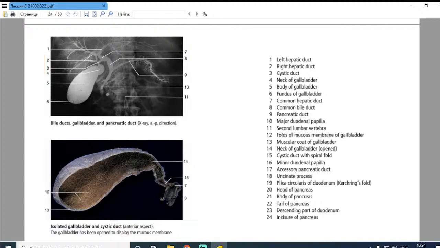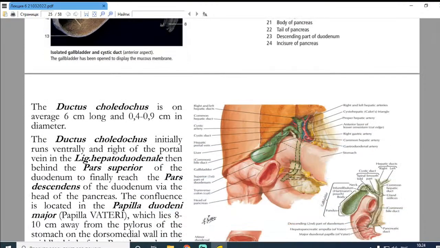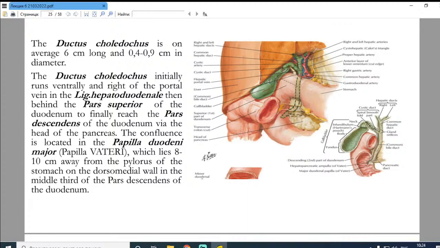You see the isolated gallbladder and cystic duct. This is fundus, corpus, collum, ductus. Ductus choledochus is on average 6 cm long. The ductus choledochus